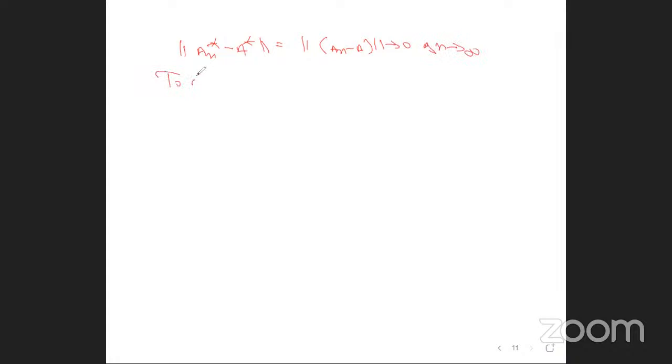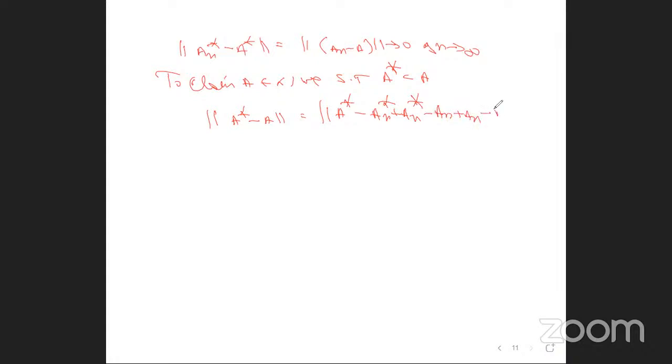To claim A belongs to X, we show that A star equals A. Now the norm of A star minus A equals the norm of A star minus An star plus An star minus An plus An minus A, which is less than or equal to